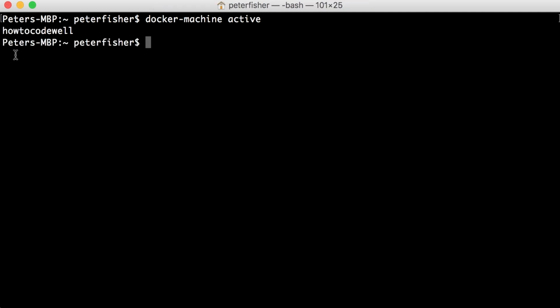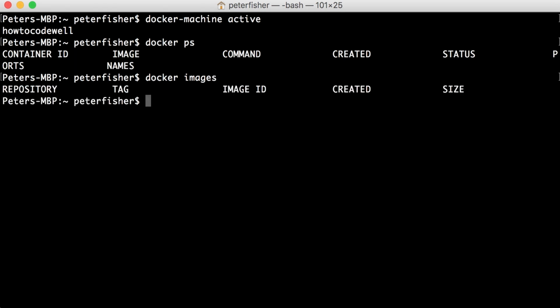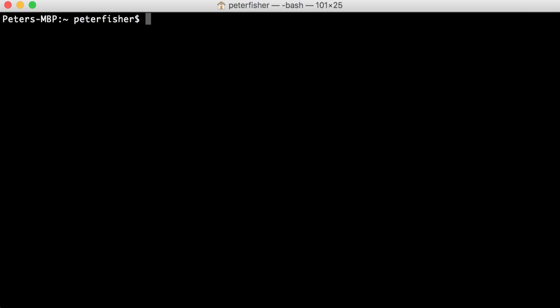Now I'm doing this just to double check what the machine is, but also I'm going to need to know what the machine is later on to get the IP address. So now we're going to do a docker ps. We have no containers, and a docker images, and we have no images. So let's go and grab one. Let's clear this down, and what I'm going to do is a docker run,